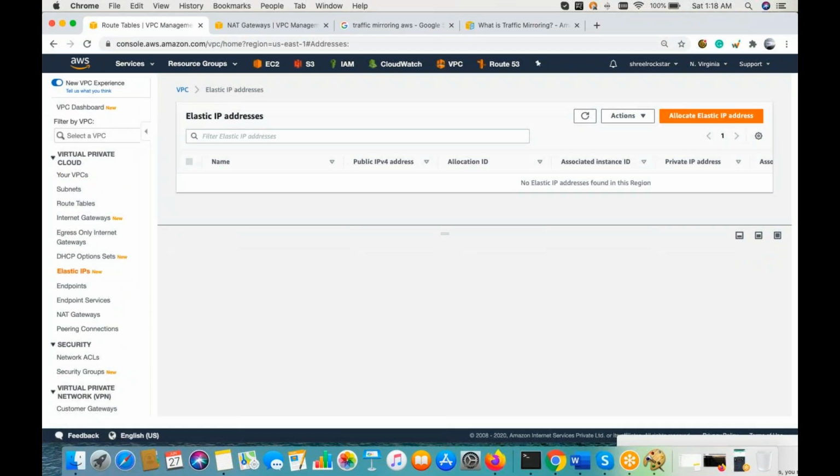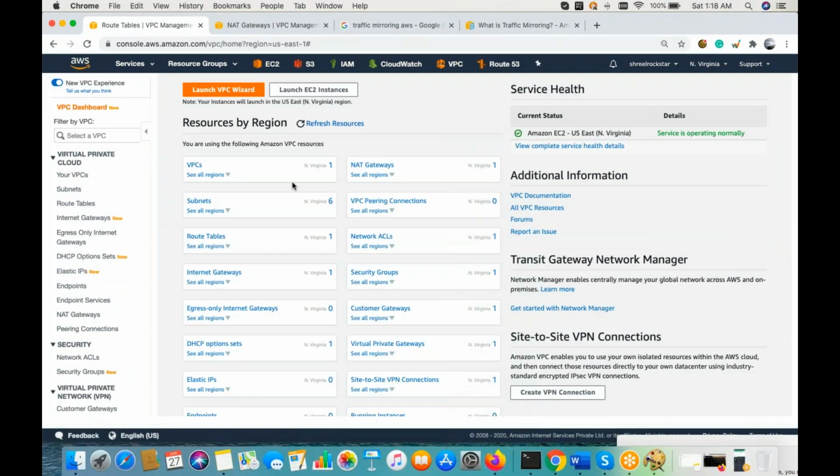Hey Dave, I have one question. Go ahead. Yeah, when you create the NAT gateway, it will assign the Elastic IP automatically. But when you delete the NAT gateway, why doesn't it release the IP? No, first of all, it's not getting assigned automatically. It only assigns automatically when you already have an Elastic IP address sitting idle in your account. Then only it will pick it automatically. Else, it will ask you to create an Elastic IP address first and then do the process. Oh, okay, I understand. Right, thanks.